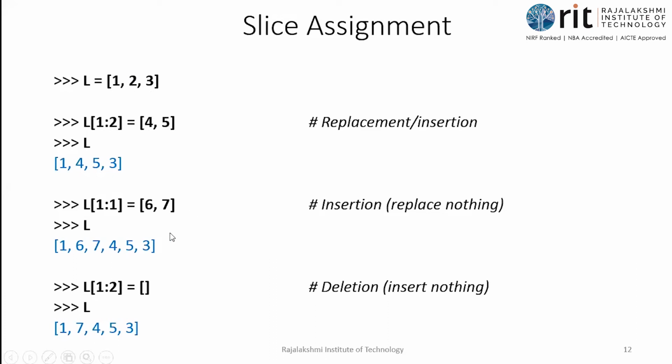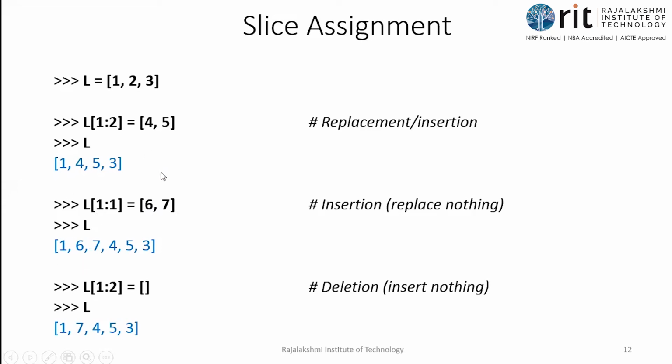This is very important. This is a rare and most unique question. You can have these kinds of questions in interviews. L of 1 colon 1 is equal to 6, 7. Okay, on the right hand side I have values, and those values should be inserted into the list. Which list? The list name is given here: L of 1 colon 1. So focus only on the left hand side. You should start from 1 and place 6, 7.